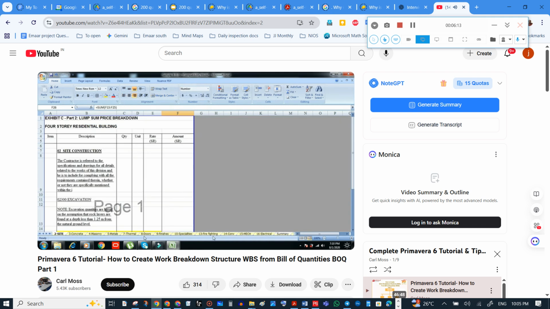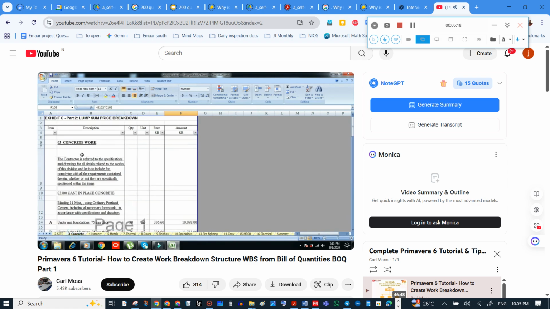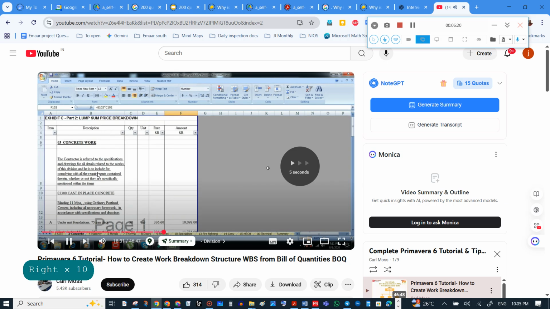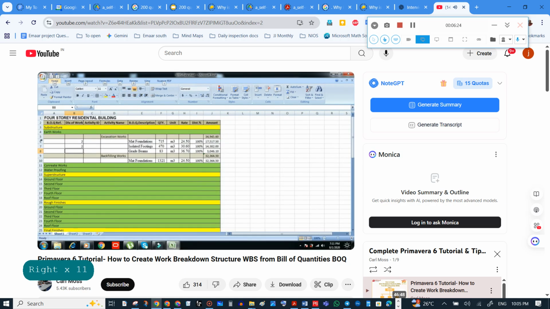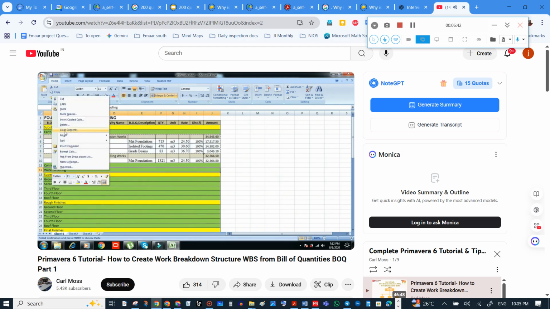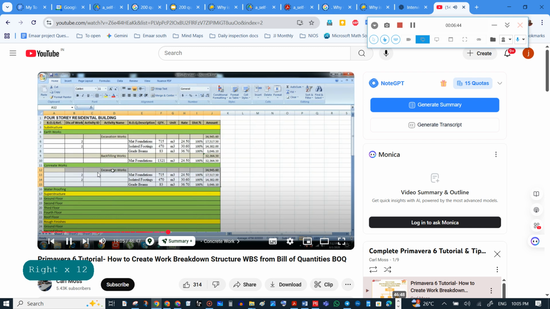Then let's go to division number 3, which is concrete works for foundation. I'm going to insert one activity name and 3 BOQ descriptions under concrete work. So copy this, and insert here. Change.